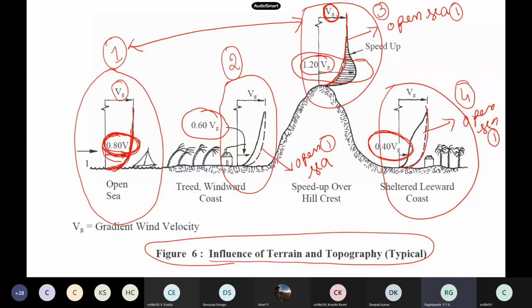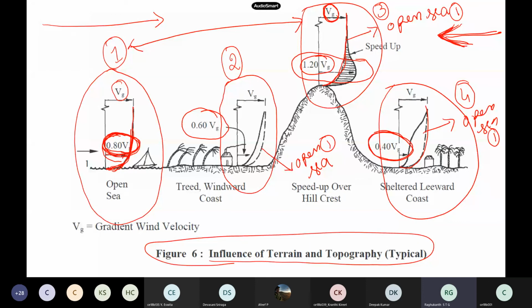Of course, here in this problem, the wind is blowing in this direction. Then only it is valid. Suppose the wind was blowing in this direction, then which is the safest place? Which one you will take? 2. Excellent. So if the wind is blowing from this direction, you just reverse this figure. 0.4 will come this side, 0.6 will come this side. So this is how the classification works.